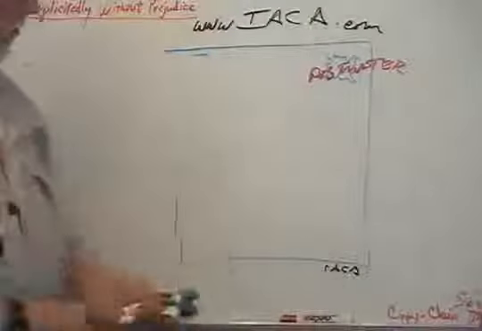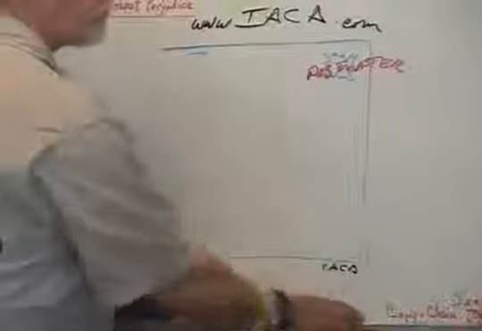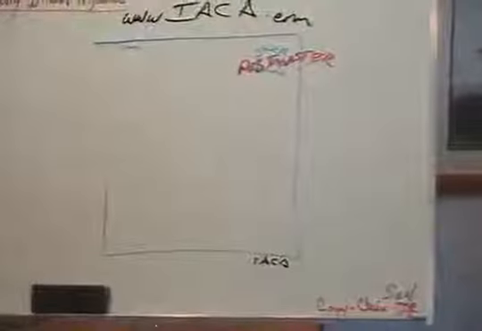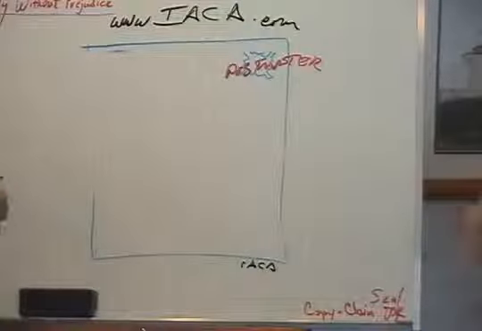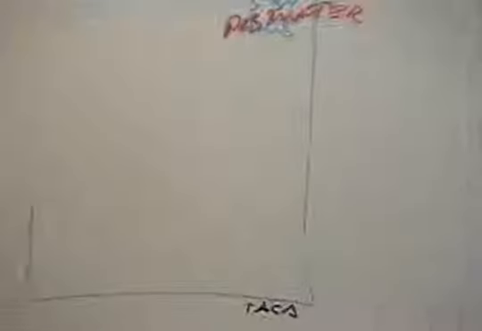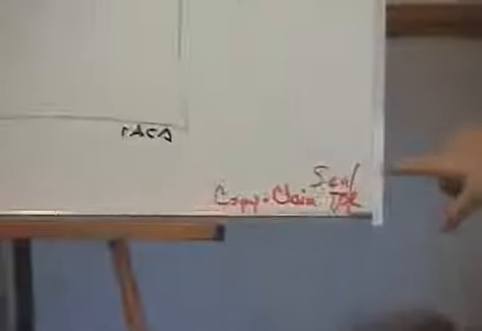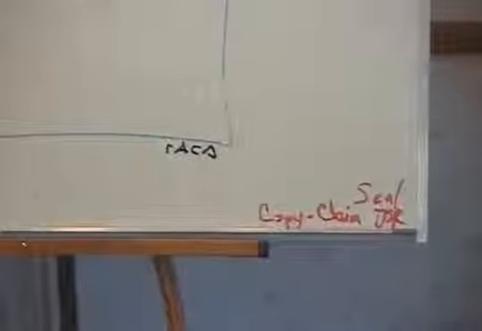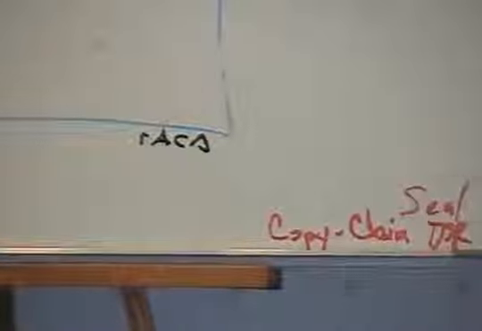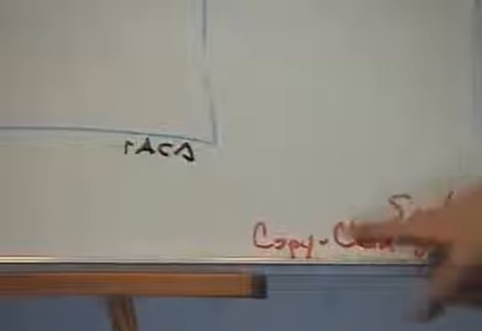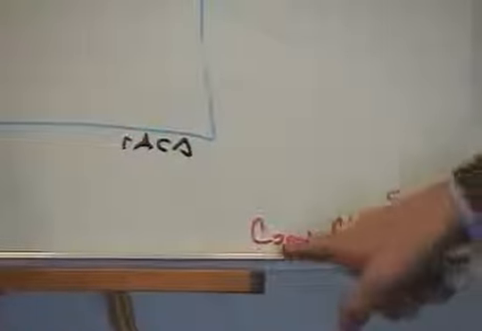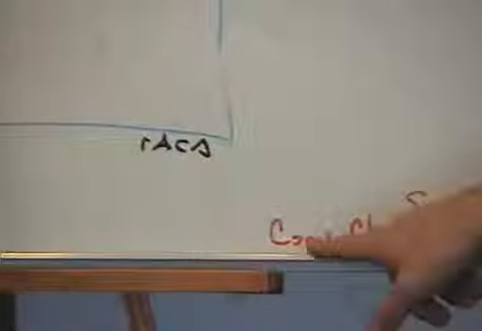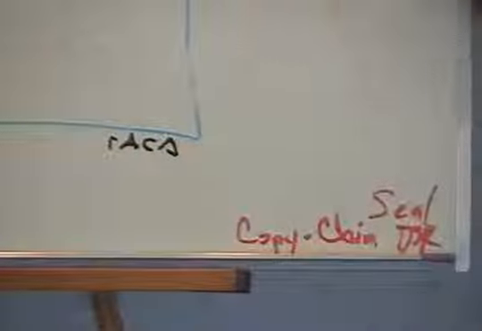It could be something similar to this, or what I usually do is I put the word seal, just as any monarch would have. We are sovereign. We were born sovereign. Any monarch has his signet ring or his seal ring, and he seals. Well, we can either put our red thumbprint, or we can put our initials down here in the bottom right. Remember, it has to be on the back side, bottom right as well. And that's the last thing on the document on the back side. Well, I do it front and back, and then I put copy-claim. So copy claim here is we are claiming this document.